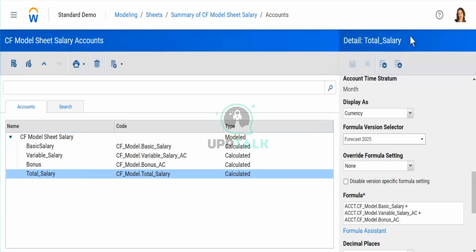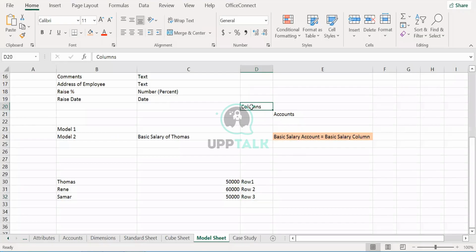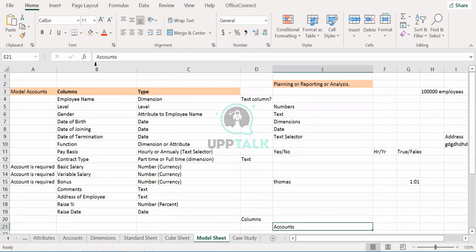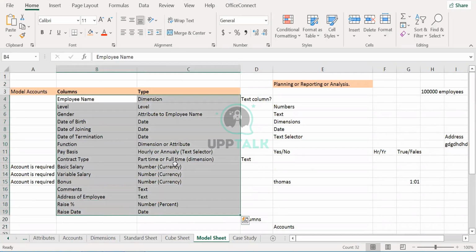Now is the accounts also clear? You need to understand what is the difference between a column and an account. In model sheet, columns is this we built for identifying what type of columns you want. I needed the C column that I understand. This is a dimension, this is a date column, this is a number column, currency. This is a number column, percentage. And then you build those columns. But then you understood that in order to have linkages between the interconnected models, whatever you record in the model sheet as a number format, you want that to be recorded as an account also.